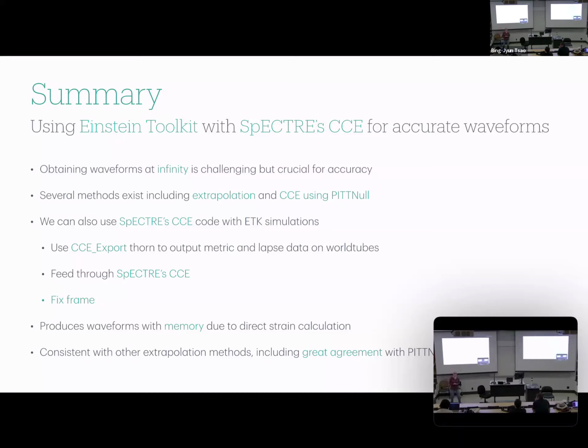Yeah. Say you're looking at like the 2-2 mode, right? What like a waveform. Do you just need to extract the 2-2 mode of the metric components, or do you need like everything? No. The question, yeah. Thanks. The question was, if you're looking at just the 2-2 mode of a waveform, for example, do you only need to output the 2-2 mode of the metric components and things like that?